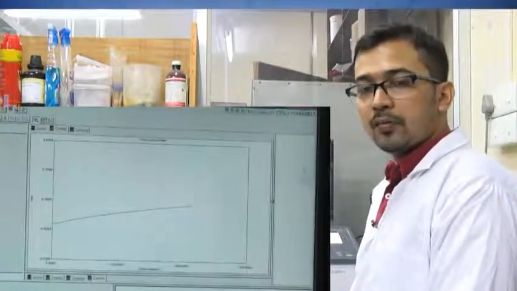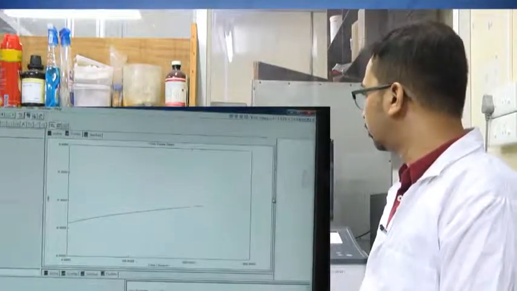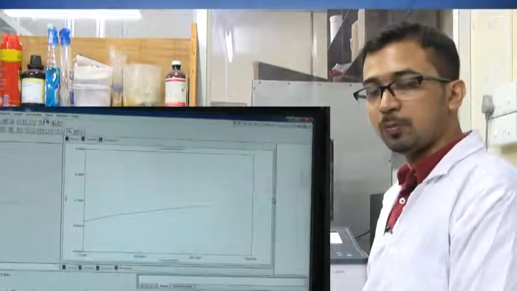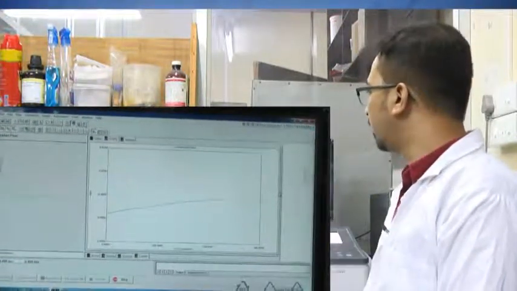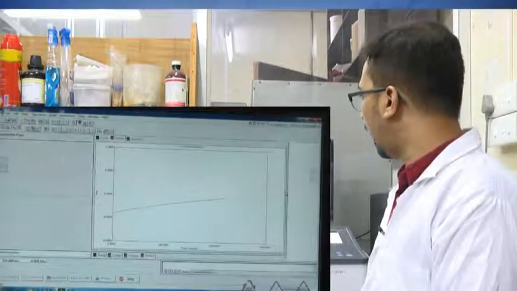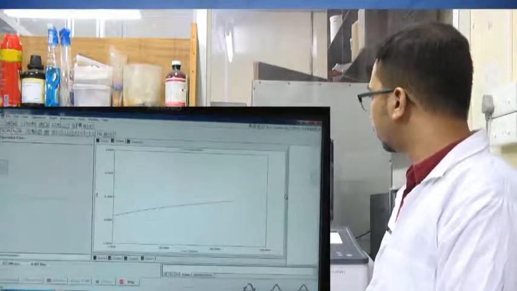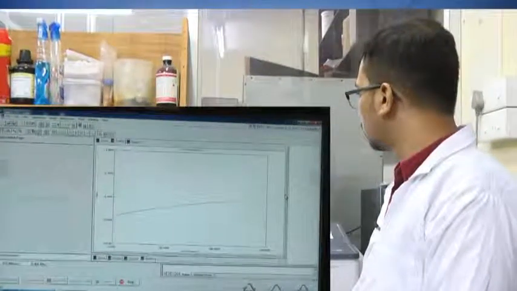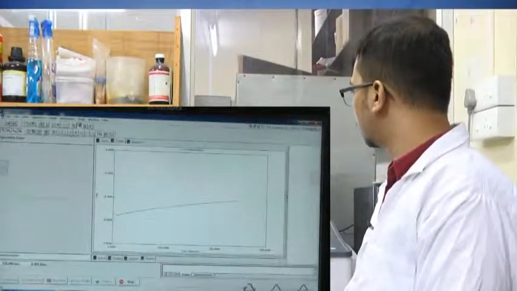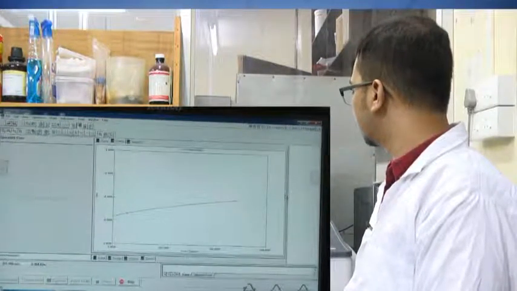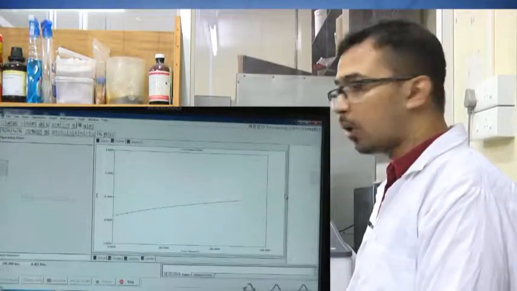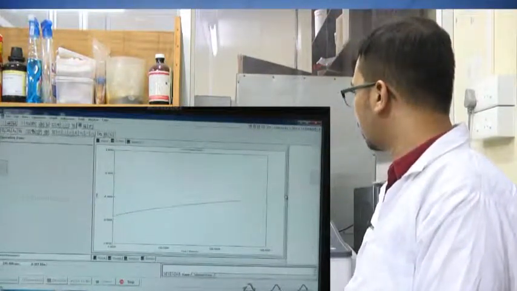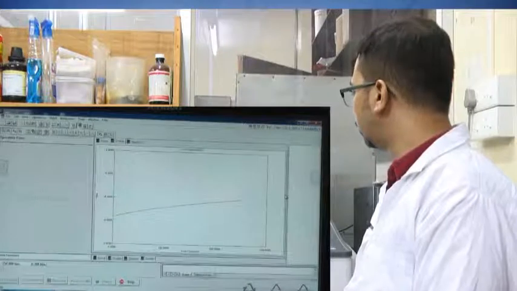What happens is that the reaction is actually taking place, and this catechol is being oxidized in presence of enzyme, and as a result the absorbance at 540 is changing, which is reflected from this curve. With time the absorbance is changing. So, almost we are done with 250 seconds, and 50 seconds more for the reaction.